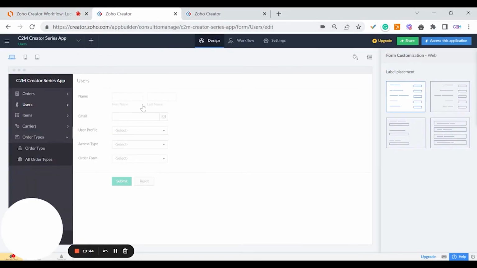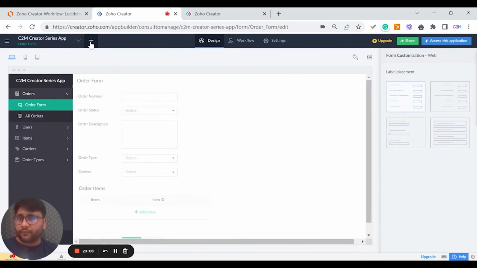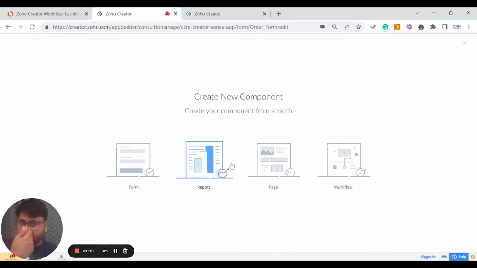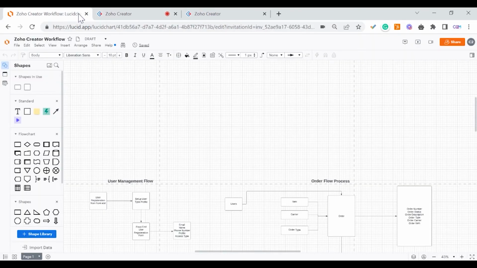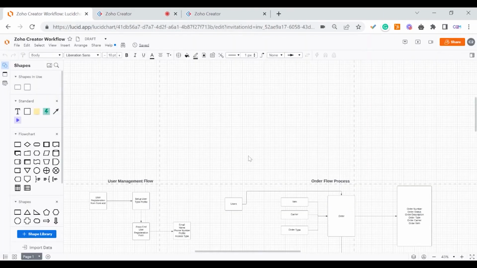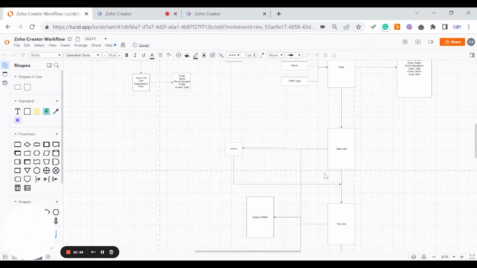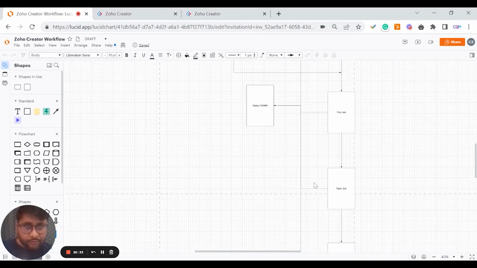So now what we're going to do is play around with the order form, and in the order form we will mainly be doing reports. We will be creating approval reports, pick reports, pack reports, these types of reports. Just to give an idea, let me check one thing. Approved, status update, share, ship, job,